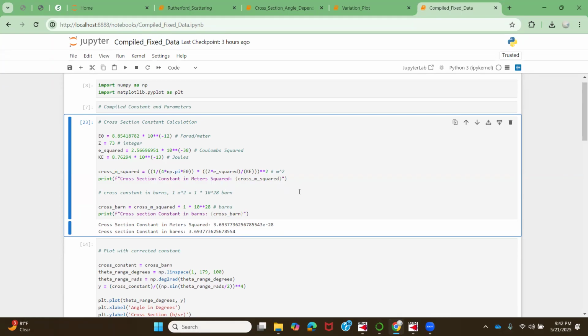This was on day 1, and I did a unit check, and my units were correct. But I made a little whoopsie because in my unit conversion, I changed the incident alpha particle energy from mega electron volts into joules, and that gave me my correct units of meters squared for my cross section. However, when I actually calculated the numerical constant, I left in the MeV unit, so my cross section constant is off,